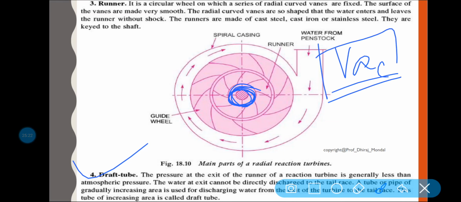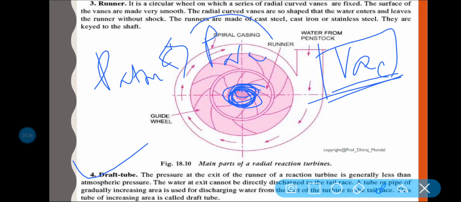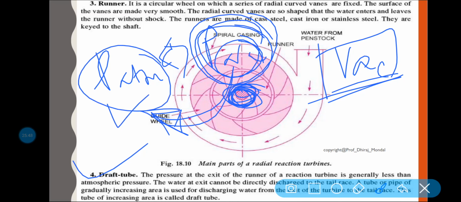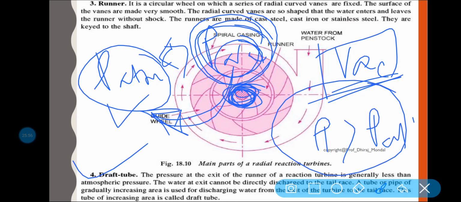As you get vacuum pressure, the water will not come out from the outlet of the turbine, as the pressure is less than the atmospheric pressure. So this vacuum pressure should be overcome. That means some pressure should be developed there to overcome this, and the pressure at the outlet of the turbine should be greater than atmospheric pressure. So the function of the draft tube is this, and it also increases the total head.